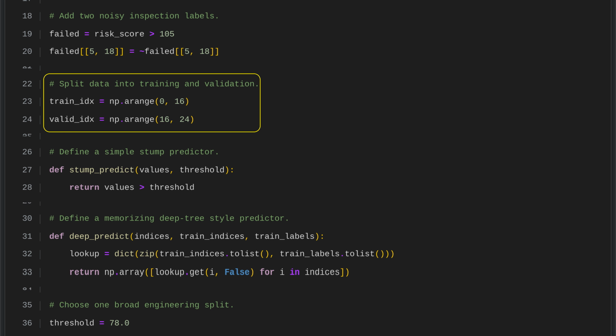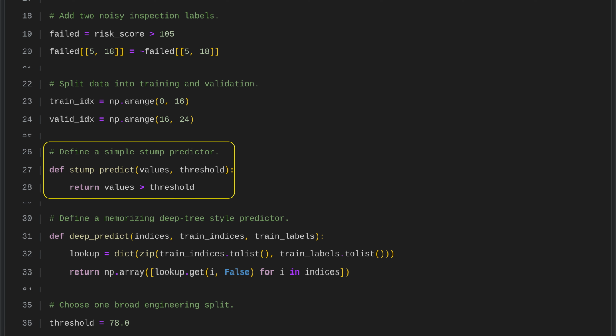The dataset is split into training and validation parts using separate index ranges. The model trains on the first subset and is evaluated on the second, which helps measure performance and check for overfitting. The stump predict function compares each input value with a threshold and returns whether it is greater. This creates a simple decision rule known as a decision stump, which is a one-level decision tree that makes predictions